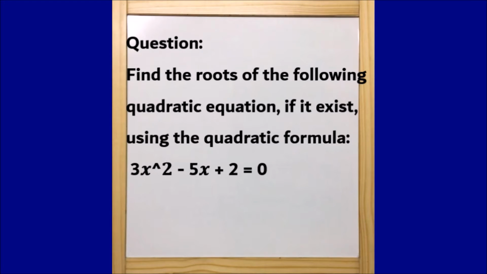In any case, if we get b square minus 4ac greater than or equal to 0, then only we can move ahead and solve the quadratic equation. Else, if we get b square minus 4ac less than 0, then we will simply say that no real roots exist for this equation as per the quadratic formula. This is what we should always keep in mind.